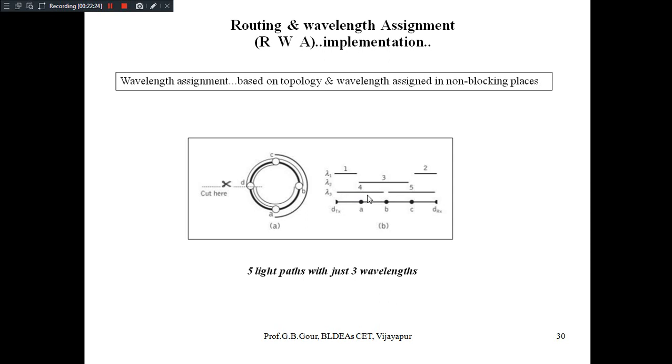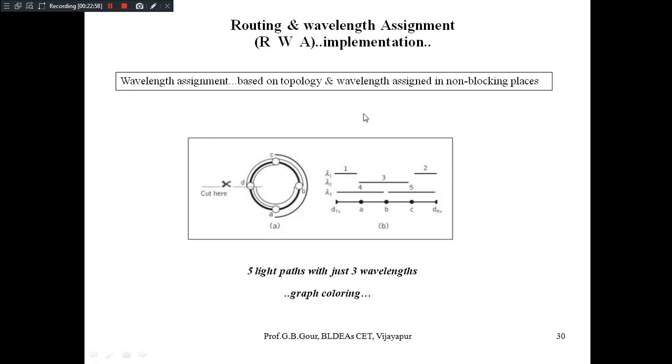Similarly, 2 light paths are established, 4 and 5, respectively from the D transmitter to B and from B to the C, D receiver, with A and C respectively as intermediate nodes, which are also single hop light paths. Like that we got 5 light paths with just 3 wavelengths. Graph coloring is used based on whether we have single hop or double hop paths. So this is the concept of RWA.